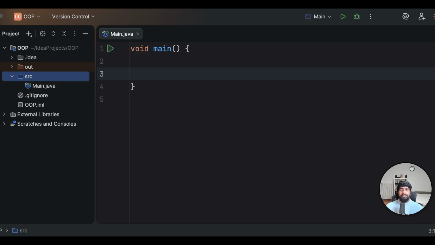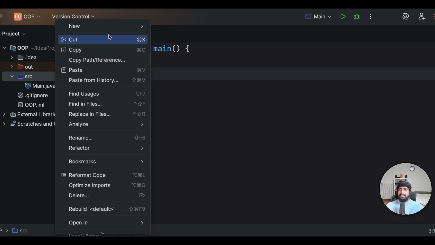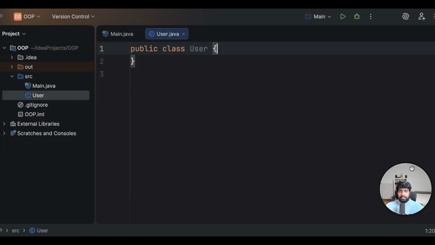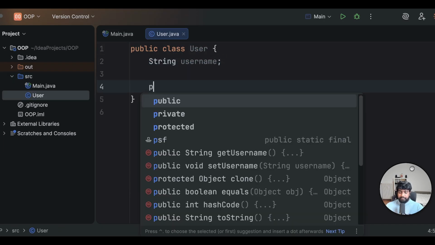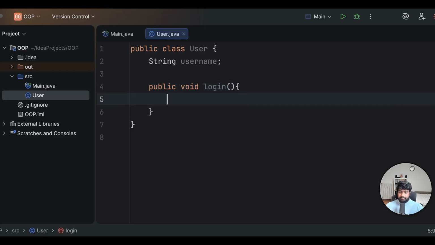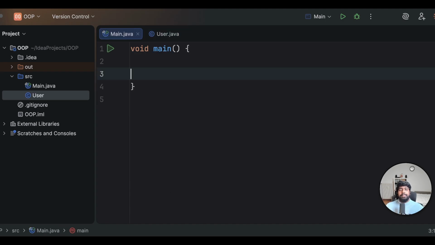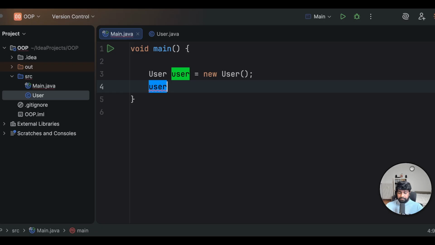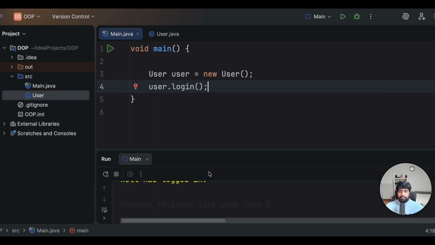That means one has to be a parent, the other will be the child class. First, I will go ahead and create a simple Java class called user. Now in my main method, I will create an object from the user class. You can see here we have the name as null because we actually did not set the name for